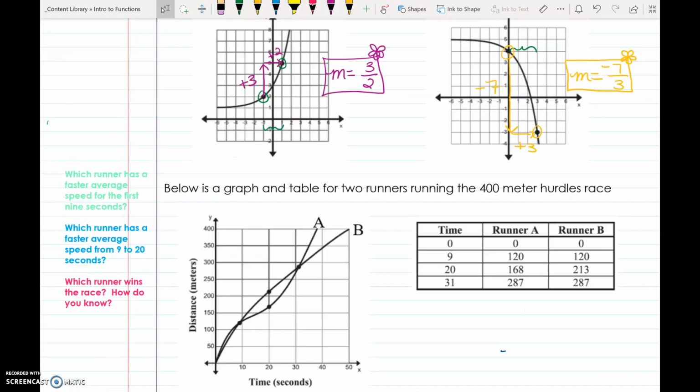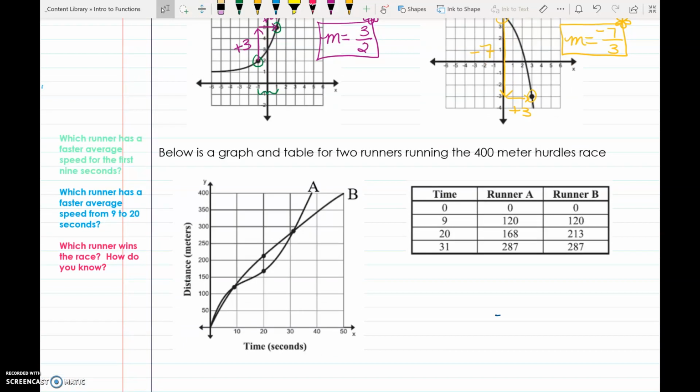All right, so for the next one, we actually have a real world scenario. We're given 2 different types of data set. I'm given something that's a graphical representation, and I'm given something that's in a table. So we have a lot of information to look at here. We are talking about 2 runners running the 400-meter hurdles race. If you don't know what the hurdles are, that's the one when they're running the track and they jump over those like